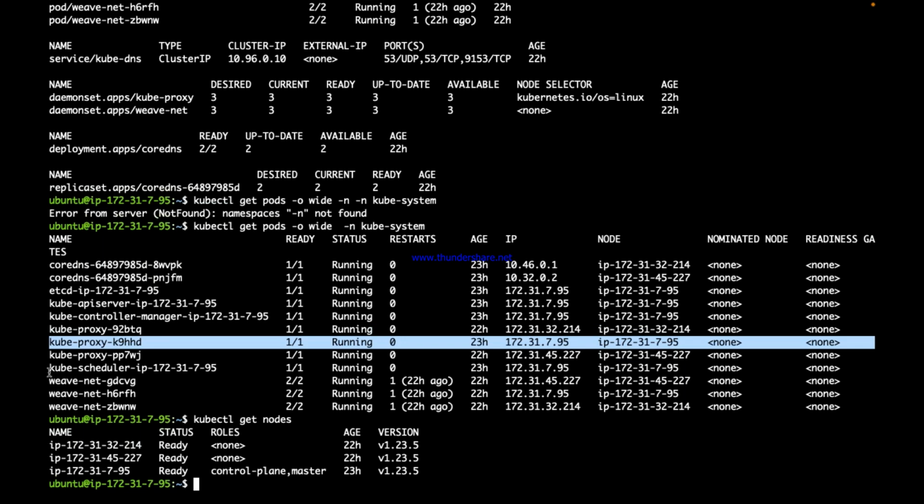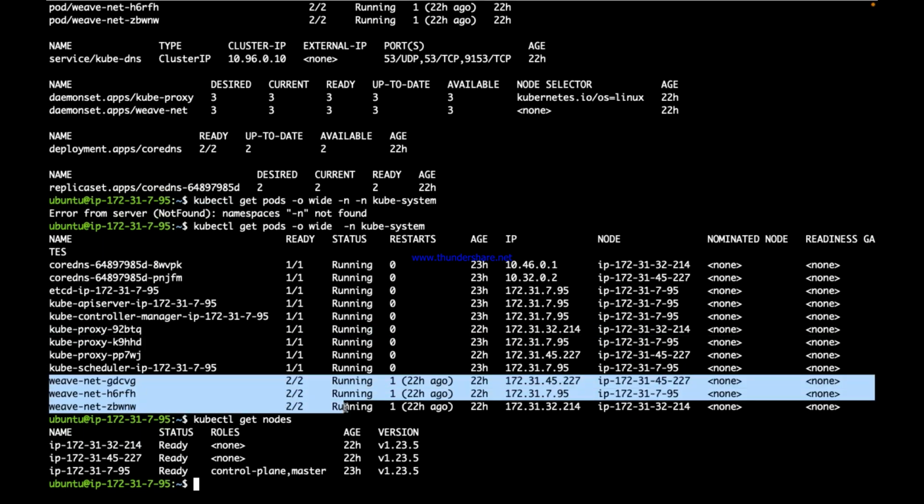And this weave net is basically networking related stuff. That networking driver, the CNI, container networking interface. We have weave net, that is one networking plugin, and that is also running. We deployed that one, that is also running